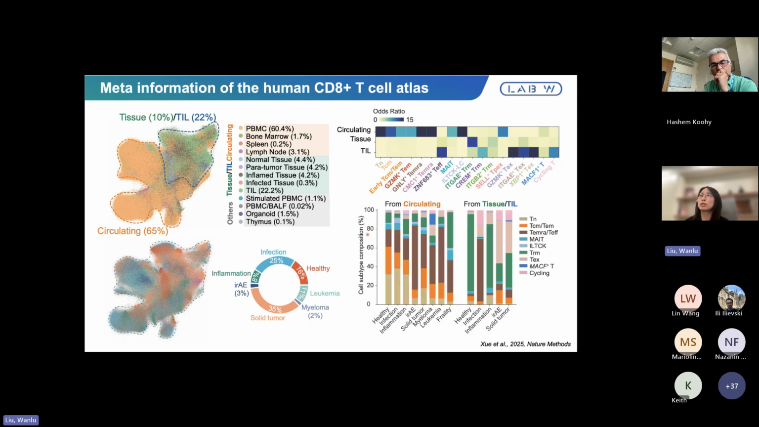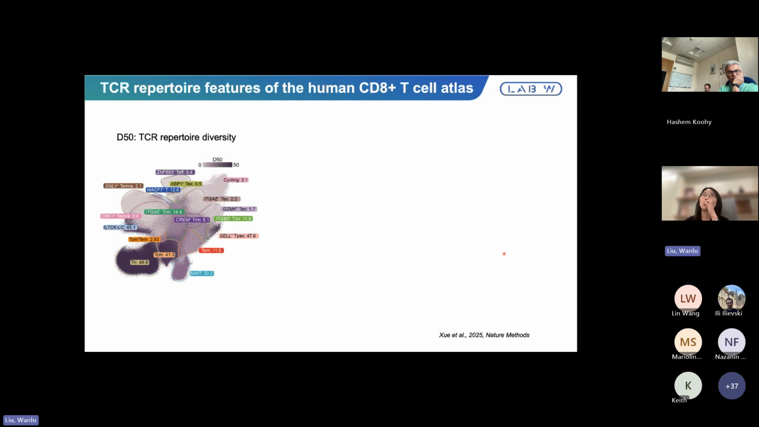And we also looked into the cell type composition in different diseases, and you can see that the proportion of exhausted T cells starts to increase in solid tumors. And because every individual T cell in our million-cell human CD8 reference map has TCR information,